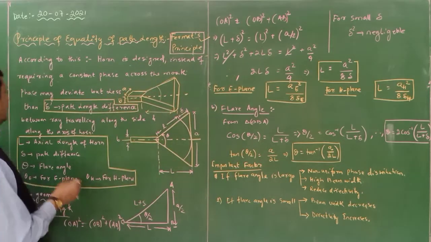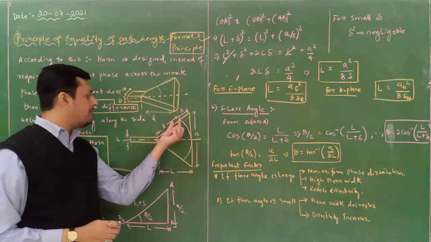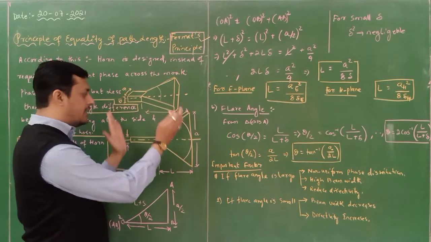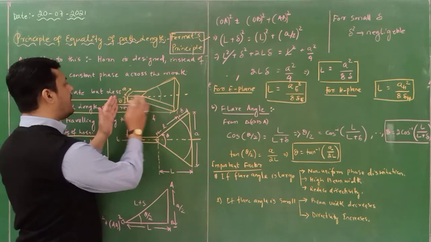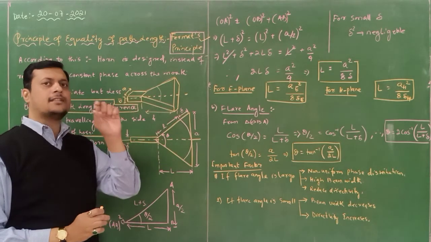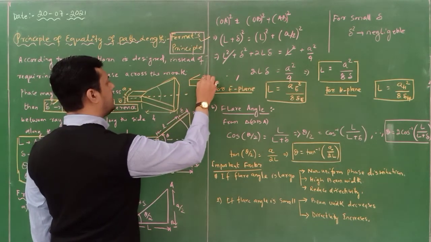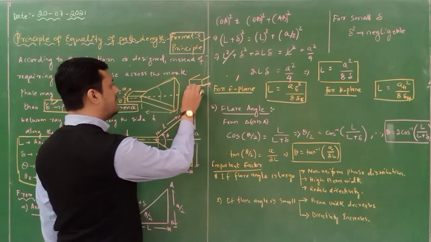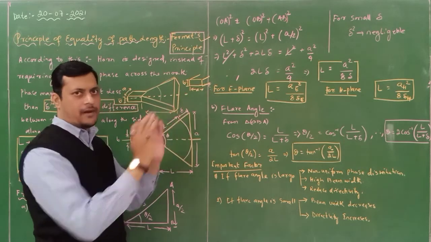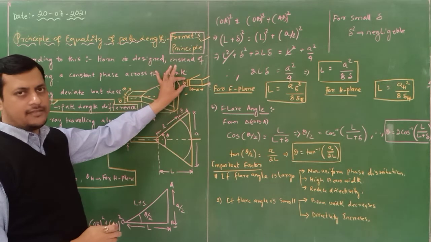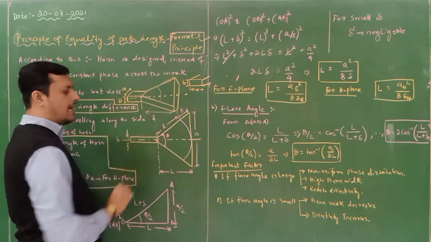How? Let's see. So here, delta is a small incremental path. If I represent this particular geometry in the form of this, if I see the top view, or if I see this particular part only, B is the small dimension that the rectangular waveguide has. If I show the rectangular waveguide, this is my rectangular waveguide. Okay, here the dimension is A and here the dimension is B. I am considering the front part. Okay, this is the particular part I am considering. So this is the B dimension. Okay, and this is my rectangular waveguide.